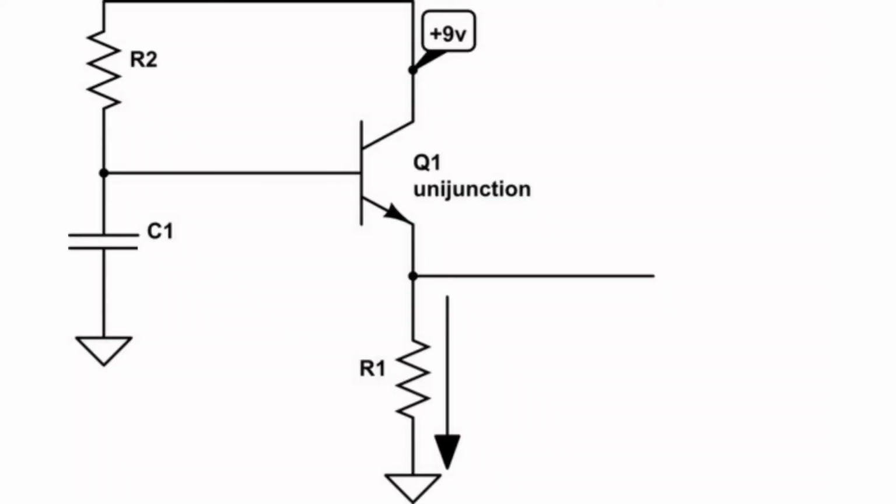The current flows from the emitter terminal through the resistor R1, making the capacitor get discharged. Because the resistor R1 is of low ohmic value, the discharge time of the capacitor is less than the charging time of the capacitor. Once the voltage across the capacitor decreases below the holding value, the device gets turned off.